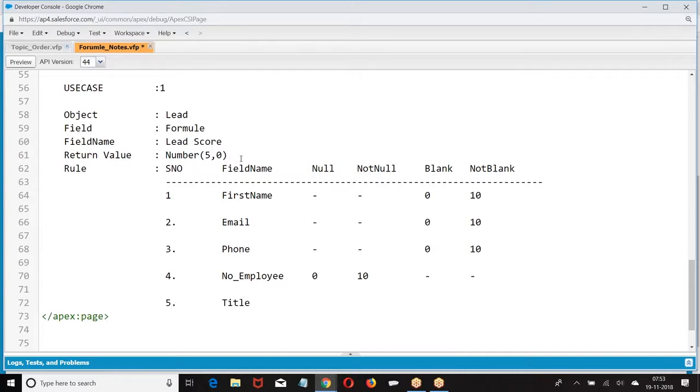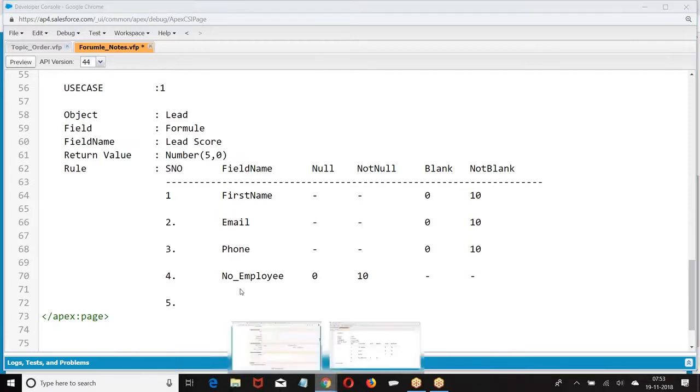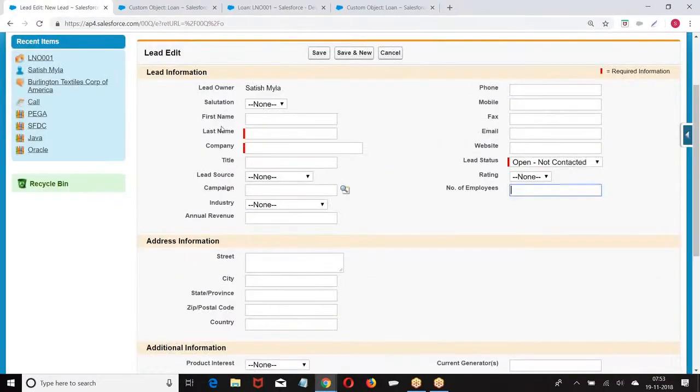Title. I'll create one field also, like let's say age. Or use standard fields so that you can also practice. What other fields can you take? Mobile phone or a website. Let us take annual revenue.